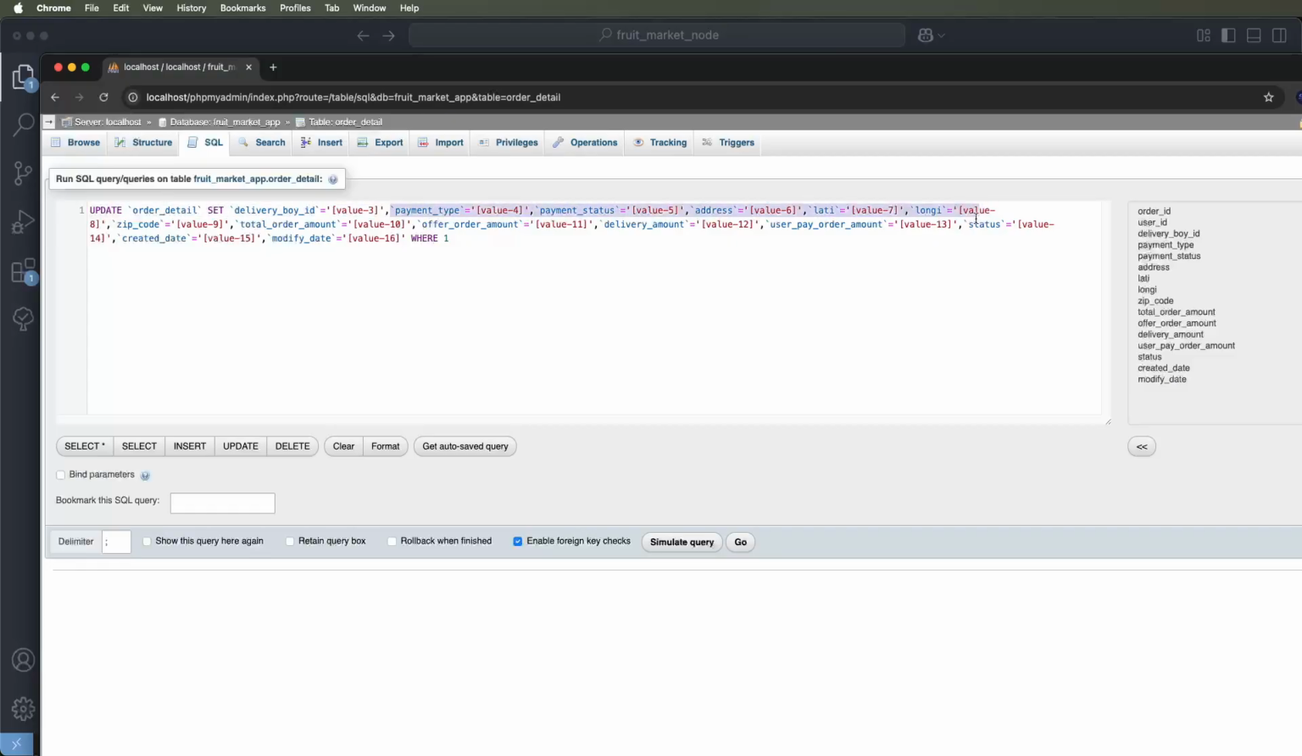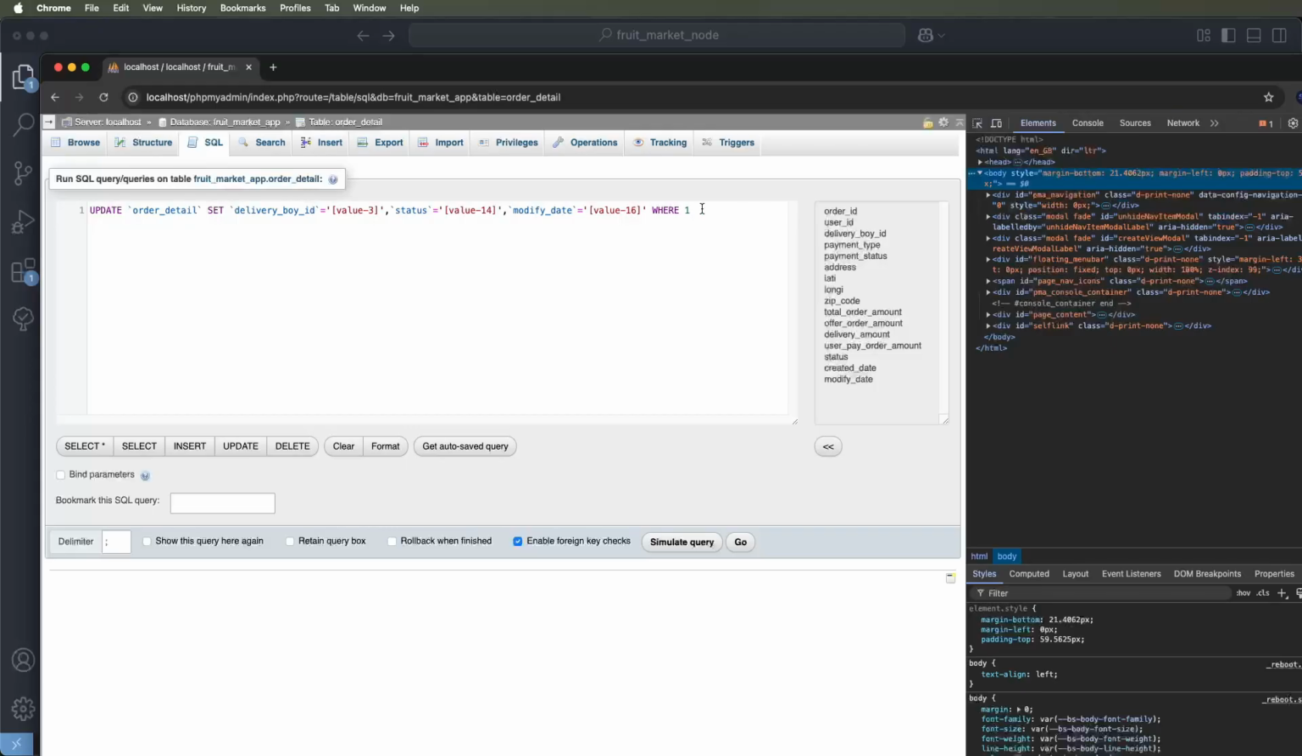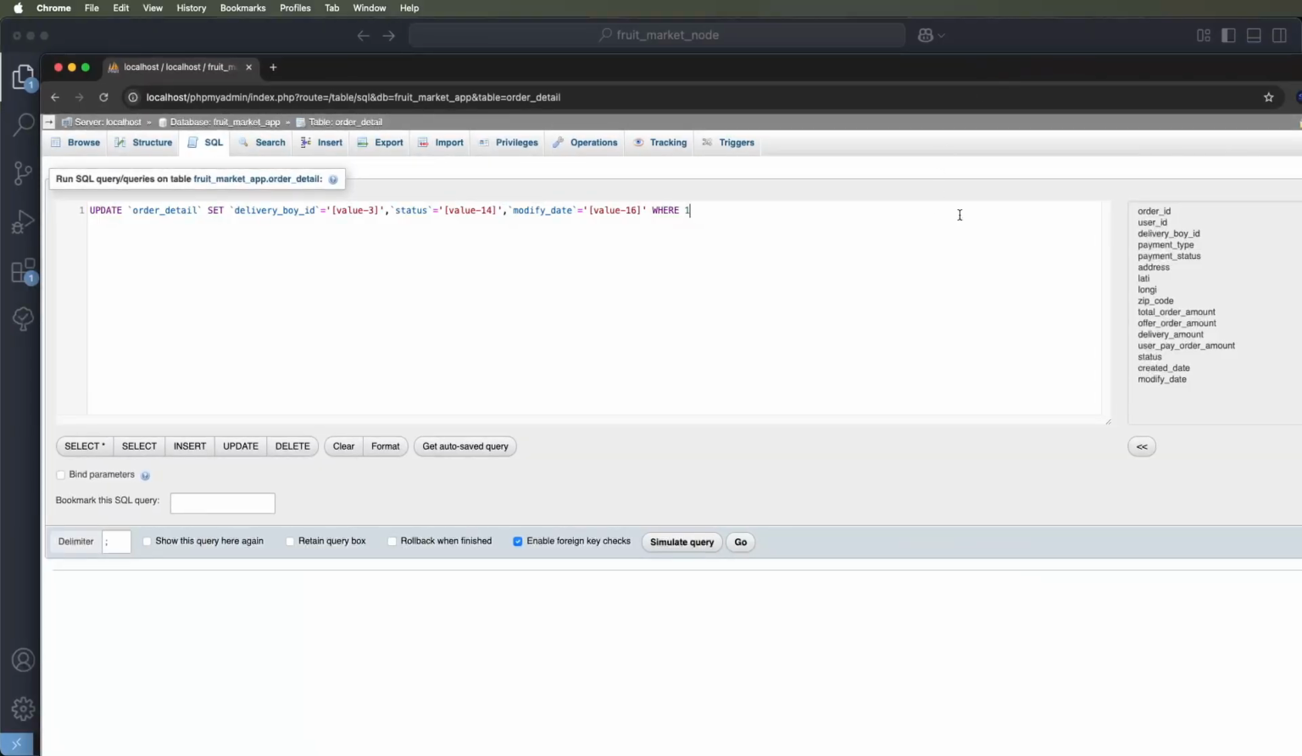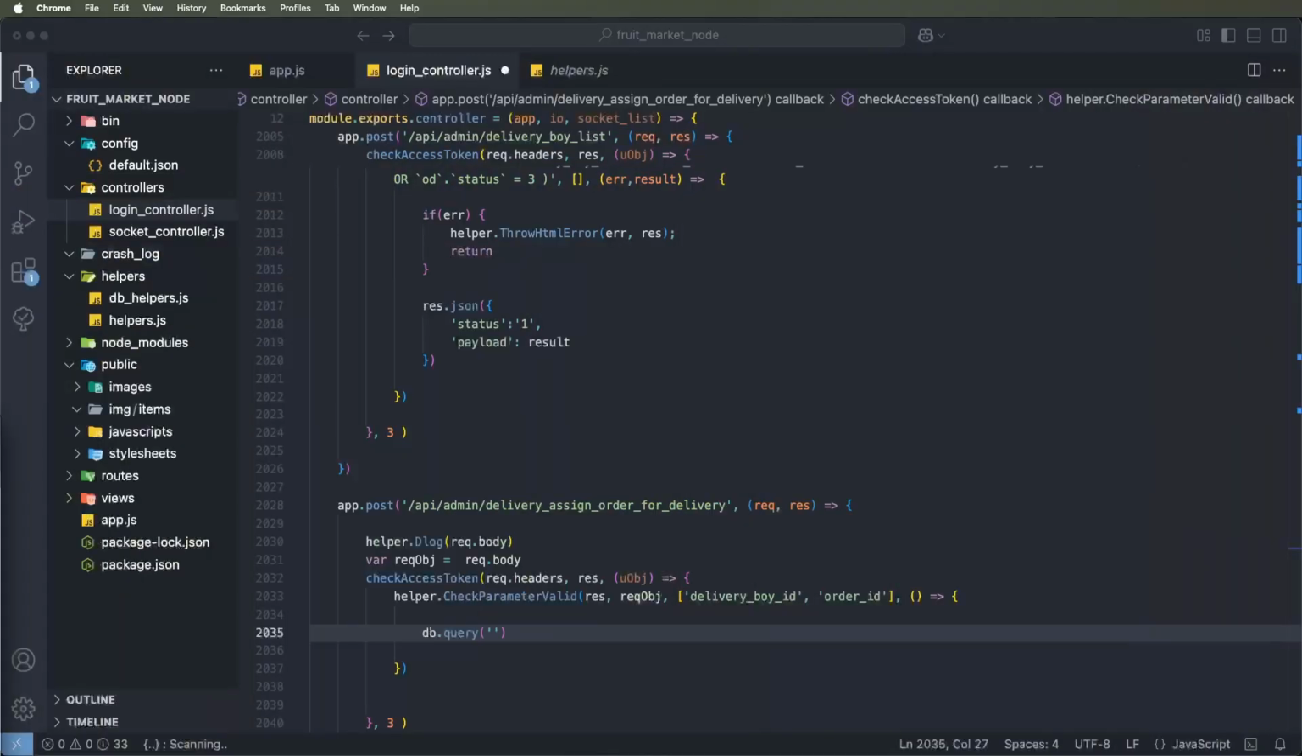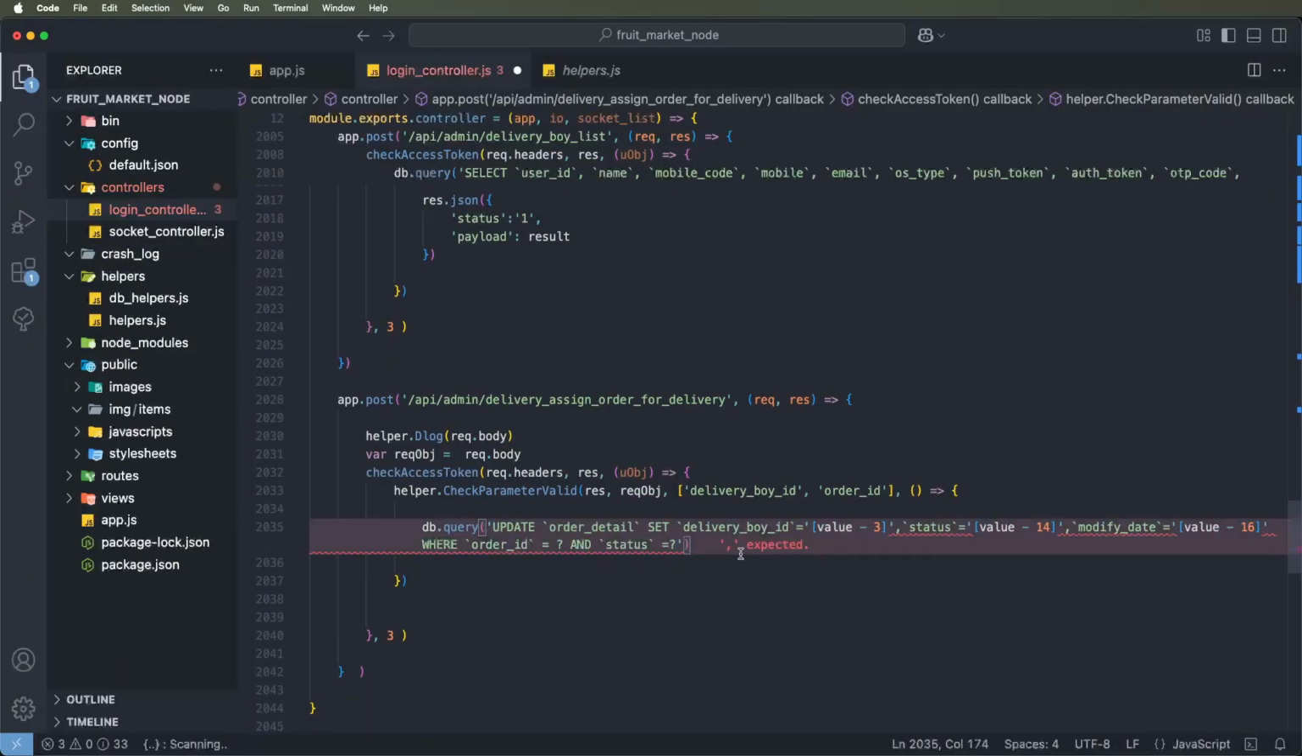and the payment also needs to be cleaned, and we need to set the status and modify dates also. Now I need to set the order ID and the condition order_status, maybe status only, like a question mark. But this query, now we need to paste this query and set the question mark for this value,